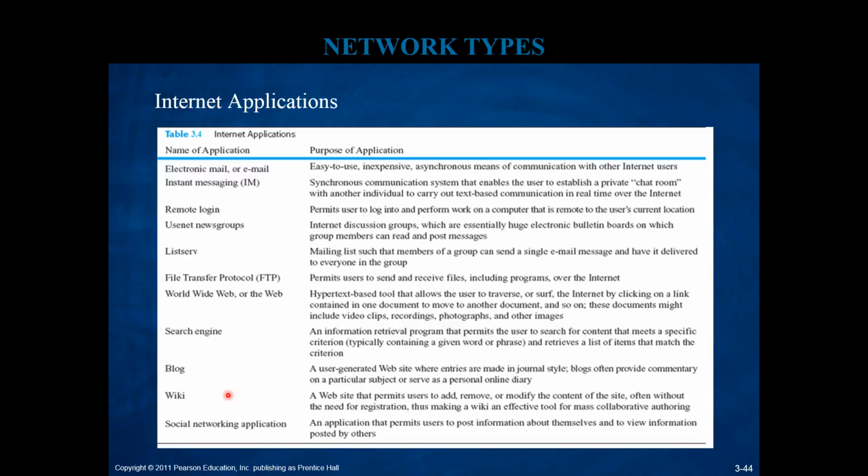Now, you know that a lot of interesting applications are built on top of the Internet. We have email. We have Usenet groups. We have listservs. You have file transfer protocol. The most influential one is probably the World Wide Web, or the web, for hypertext transmission. Search engines are also implemented over the internet, as are blogs, wikis, and social networking. Now, social networking nowadays is probably the most profound application, the most important application built on top of the